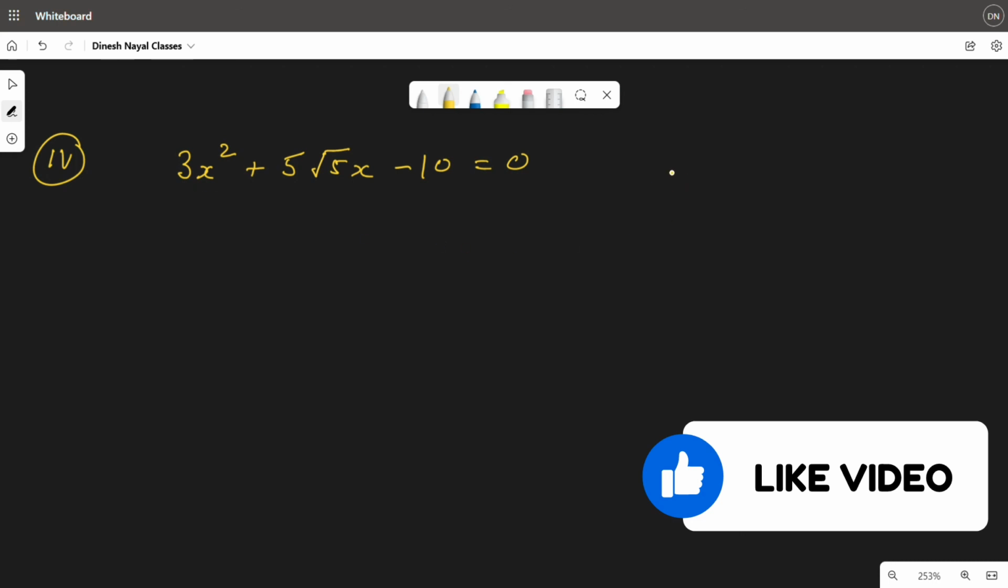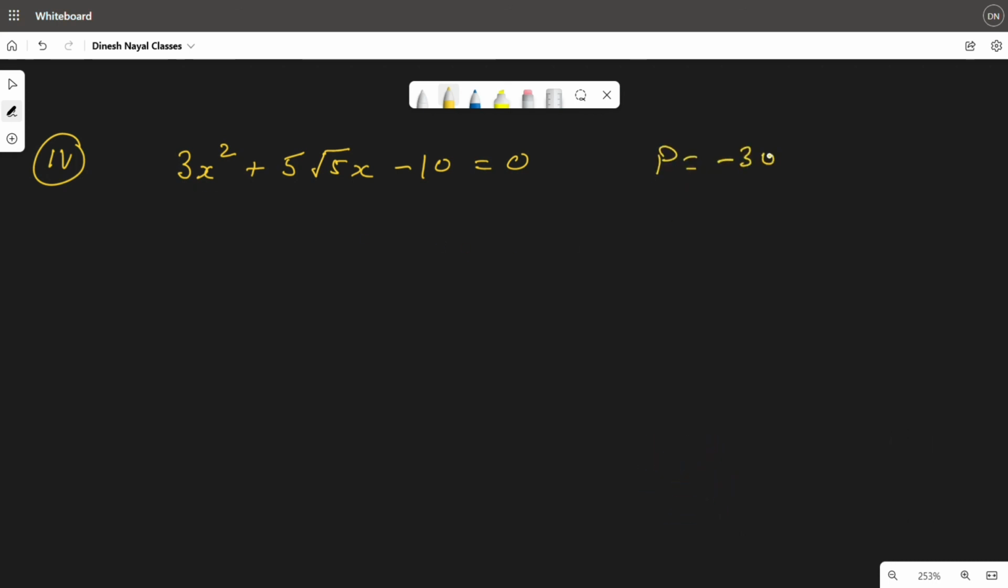See, the product should be minus 30 and the sum should be 5 root 5. So how to take these two numbers? See, we can take these as 6 root 5 and minus root 5. The two numbers will be 6 root 5 and minus root 5, because 6 root 5 minus root 5 will give you 5 root 5, and the product, root 5 times root 5 is 5, which is minus, so 6 into 5 is minus 30. So 3x square plus 6 root 5x